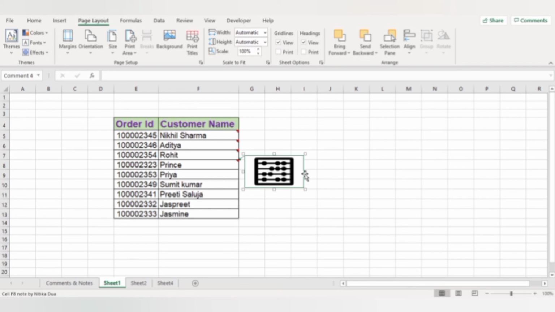So you can format your notes and add pictures or icons in your notes, but you can't do all these things in your comments. Comment is basically used for a conversation with other people, and in notes you can make any kind of notes, and you can also add some icons or pictures in it. So these are some of the basic differences of using comment and notes.